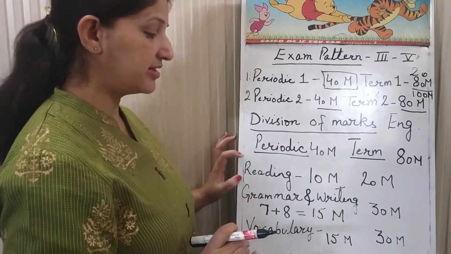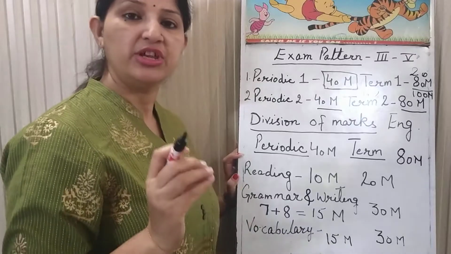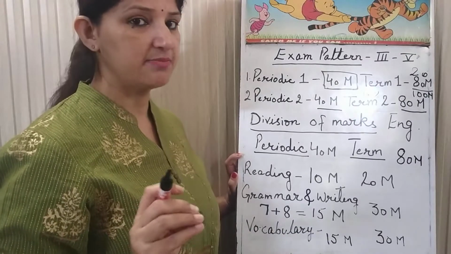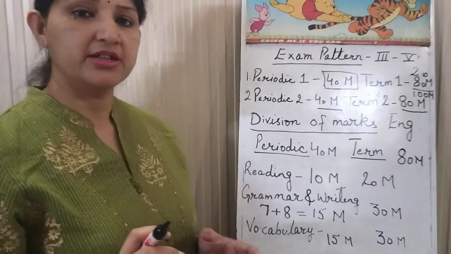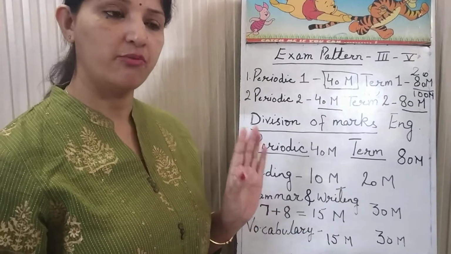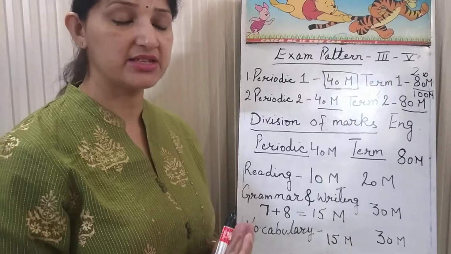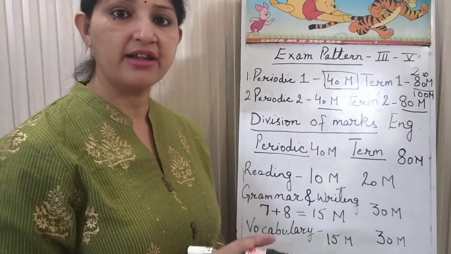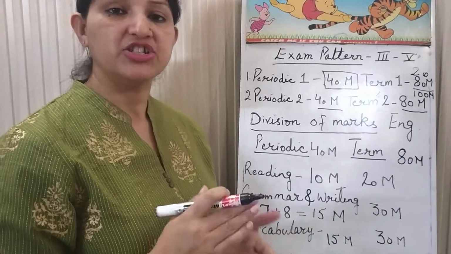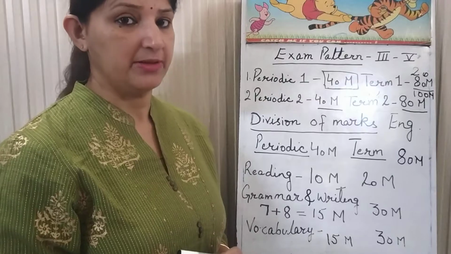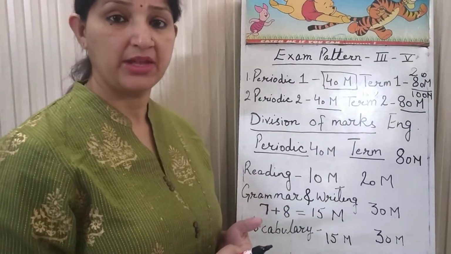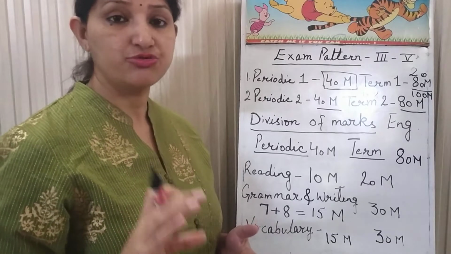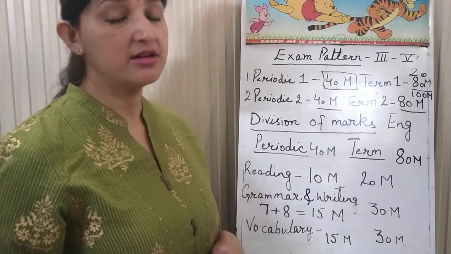The first part is the reading portion. In the reading portion we are having unseen passages. It can be a paragraph, which the student has to read and understand thoroughly, and then attempt the questions that are given. In the same way, the passage can also be a poem, a stanza or 2 stanzas from a poem, and then the questions.